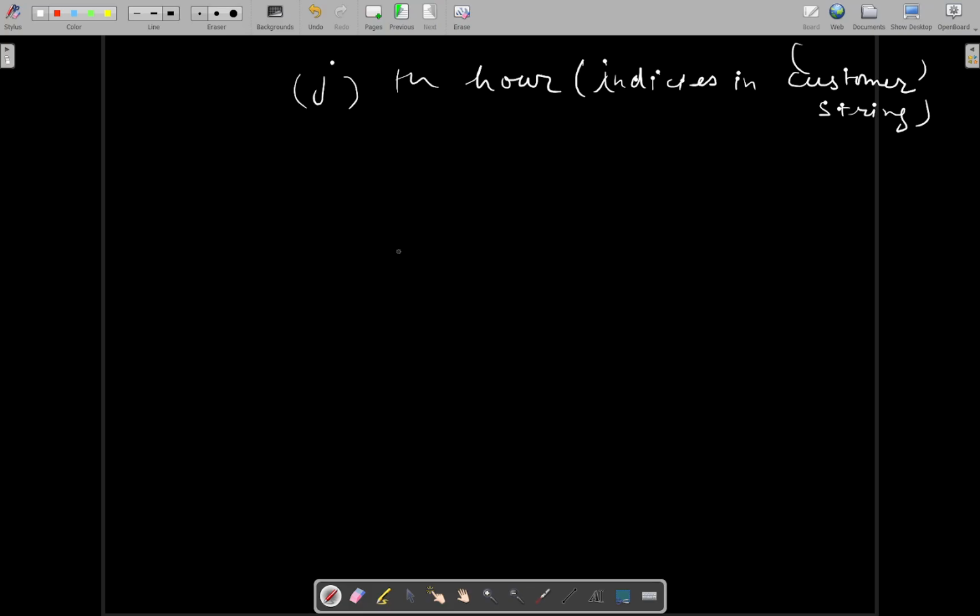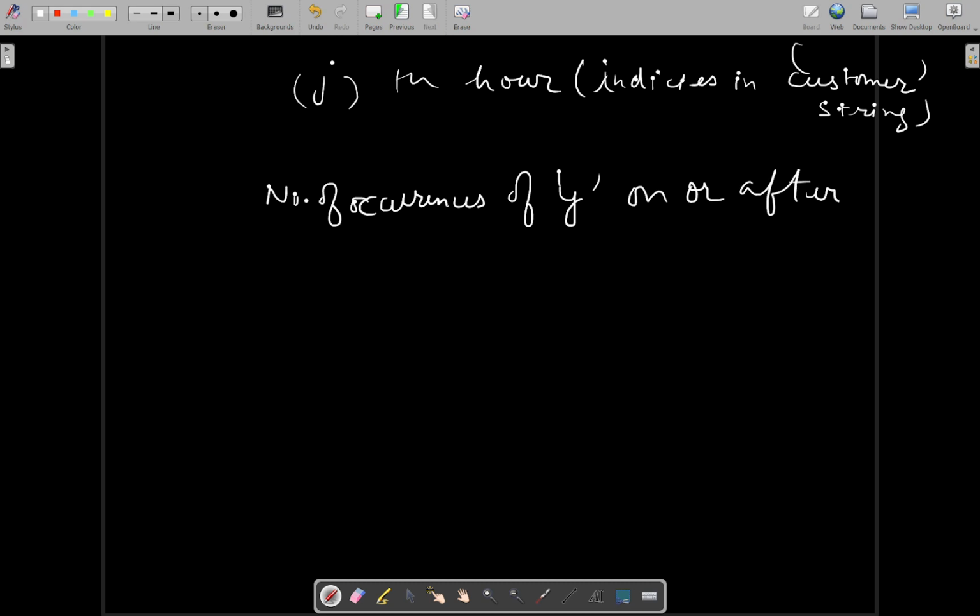Then what you will do is, it will be the number of occurrences of Y on or after the jth index. Here Y is capital Y. So these are the number of customers who visited the shop after it had been closed,